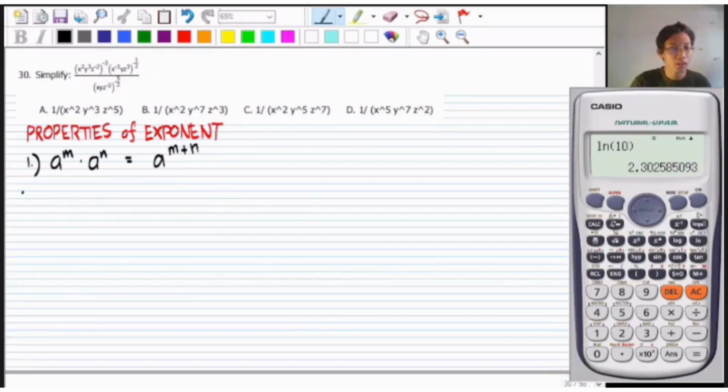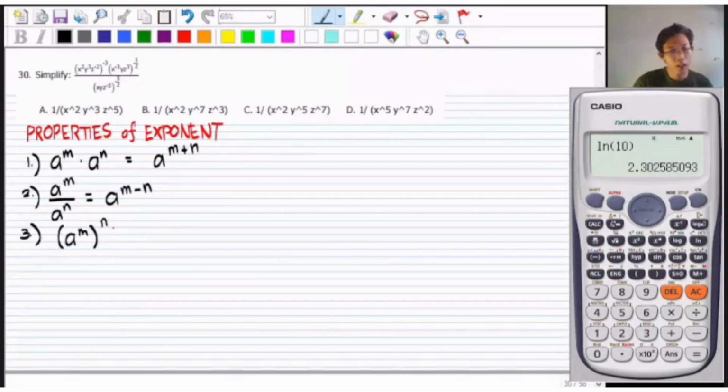Ganun rin, pag divide, a raised to m divided by a raised to n is equal to a raised to m minus n. Pangatlo, a raised to m, tapos naka-raise ulit sa n, gagawin dyan, times mo lang. Pang-apat,